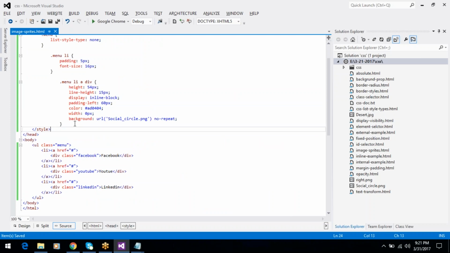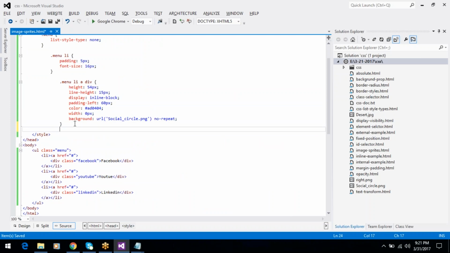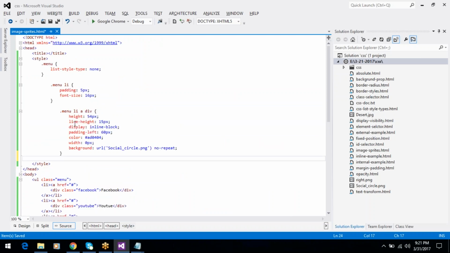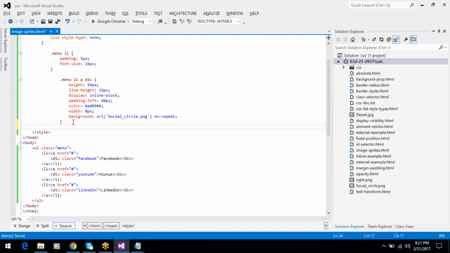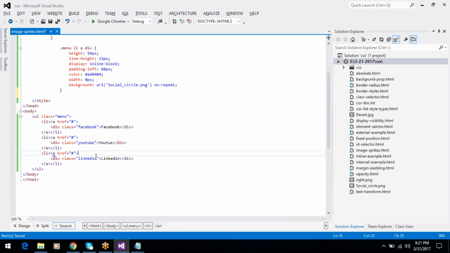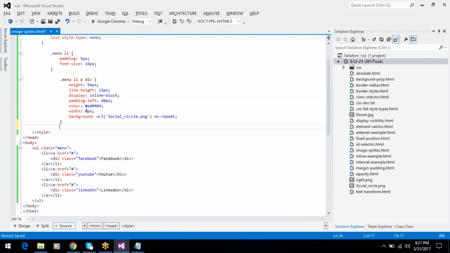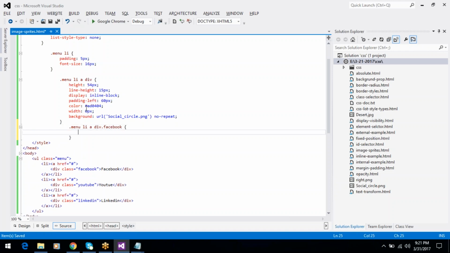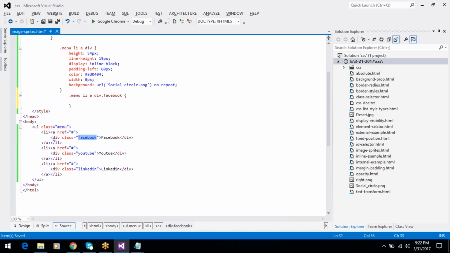Next class is, and after this, we have to arrange the image for the particular Facebook, YouTube and LinkedIn. Dot menu class, we have li tag. In that li tag, anchor tag and div tag with Facebook class. Okay, div tag with the Facebook class,